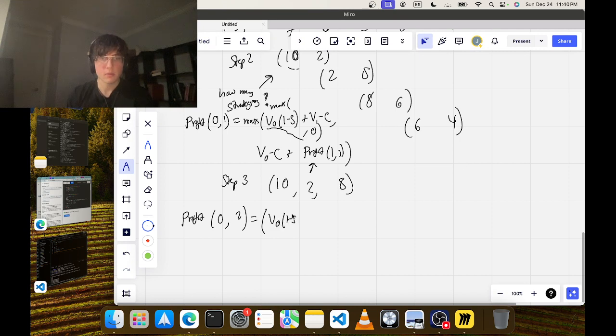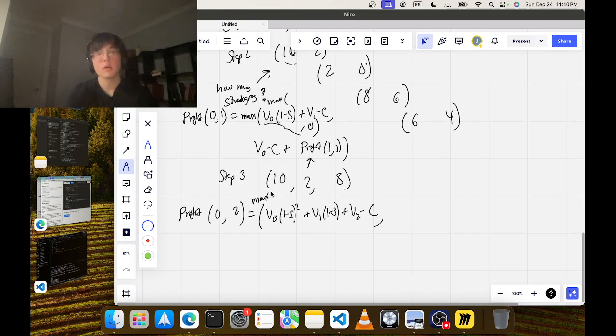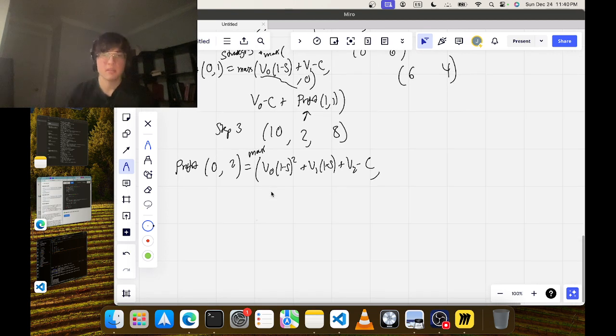So v0 times (1 minus s) squared plus v1 times (1 minus s) plus v2 minus c, or, so the max of this, or we could basically hold for 2 days instead, v0 times (1 minus s) plus v1 times (1 minus c) plus the profit of 2, 2. Or we could take